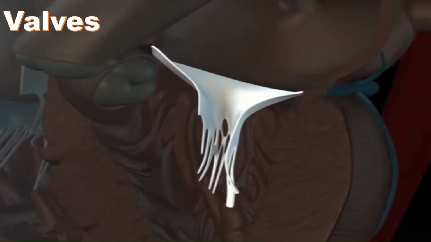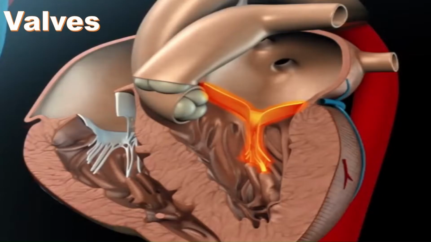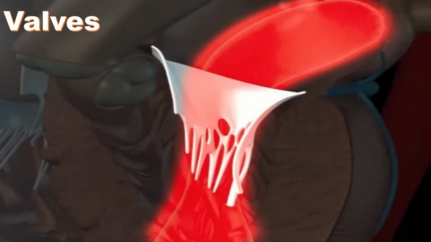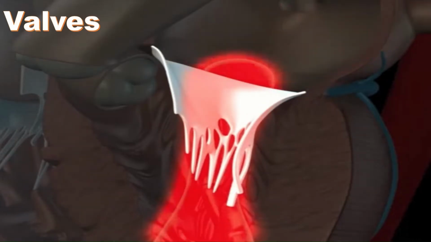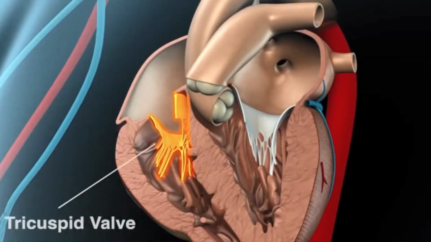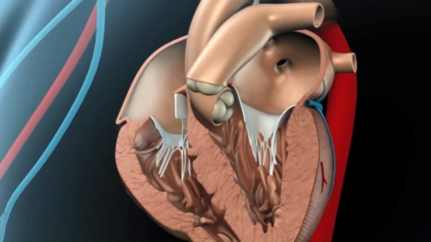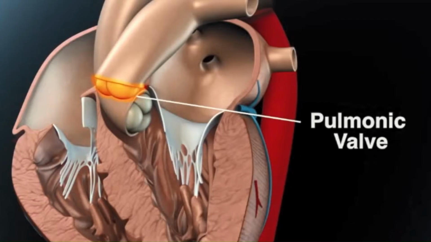There are two valves on each side of the heart. These valves make sure that the blood moves forward and not backward, especially between the contractions. The valve between the right atrium and right ventricle is called the tricuspid valve. The valve between the right ventricle and the pulmonary artery, which is the blood vessel taking blood to the lungs,